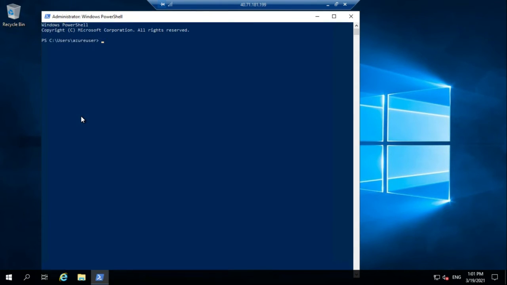Now we will install the web server feature in the virtual machine by running the following command in the PowerShell command prompt.